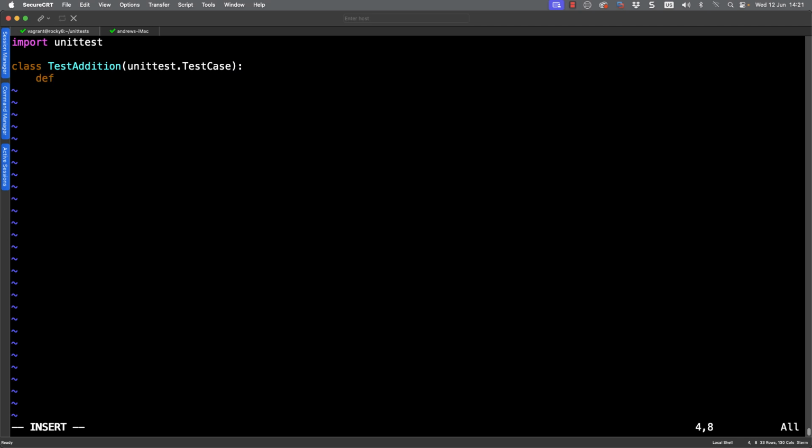In here, we can create ourselves a little test function. So def creates our function. And again, our function should begin with the word test and underscore. We can go through and say, look, we're just creating a simple test to add 2 numbers together. We'll have some form of calculator that we are creating. We can pass the object itself through to it. So that's the idea of self. And then we can go through and have our result is equal to our add function. Now, our add function we haven't created yet, but we're thinking about how we are going to create it.